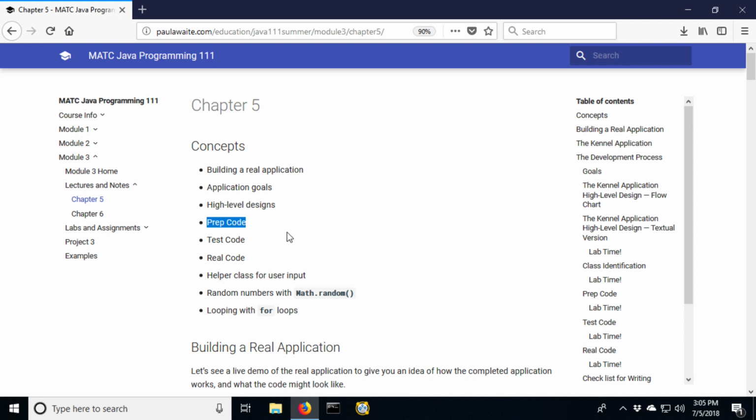Prep code is an English-like language that helps us decide and define what a method or function is going to do, what instance variables there are, and kind of think through and write down the logic. Sometimes it's difficult to write code at the same time that you're trying to figure out the algorithm that you're going to be using. So prep code allows us to tease those two things apart.